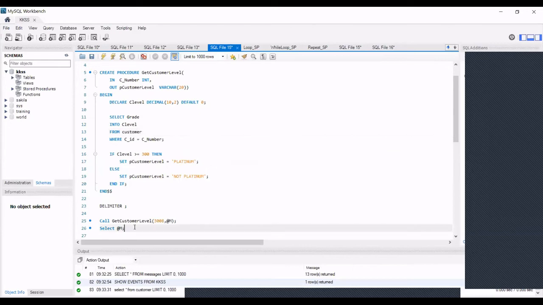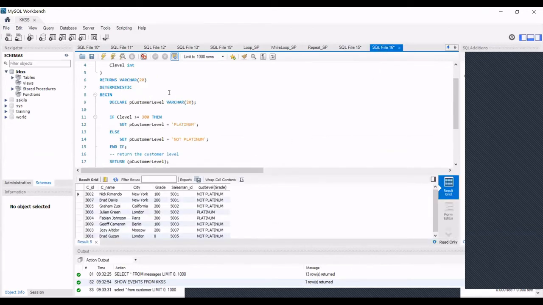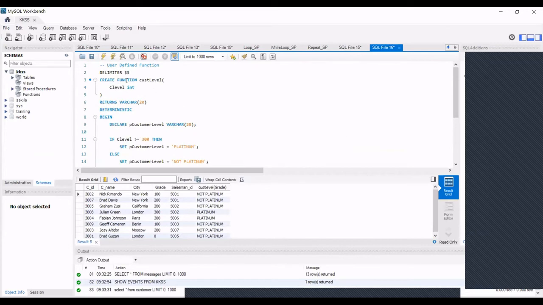So now we'll do the same task using user-defined functions. We are creating a function: create function, give a function name, and the input variable. After this, I will tell you the difference between the stored procedure and the function.